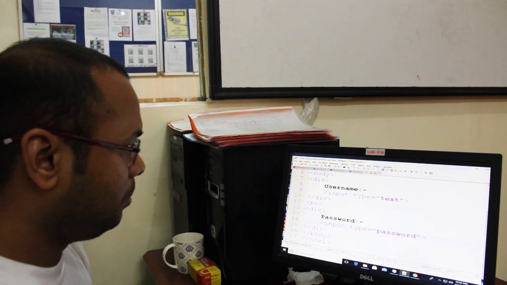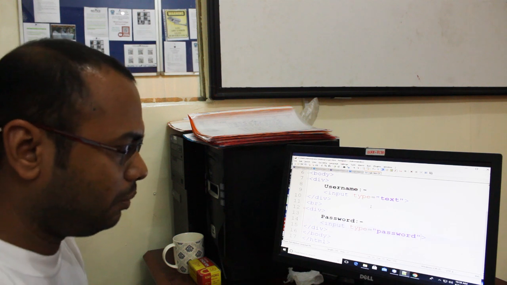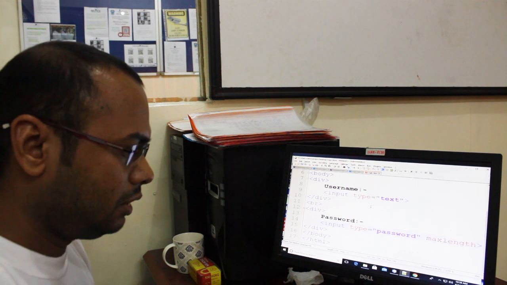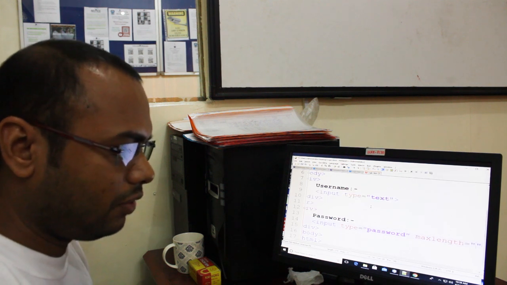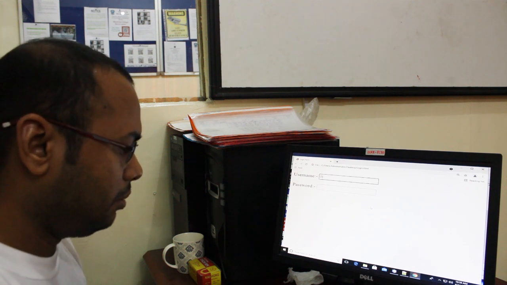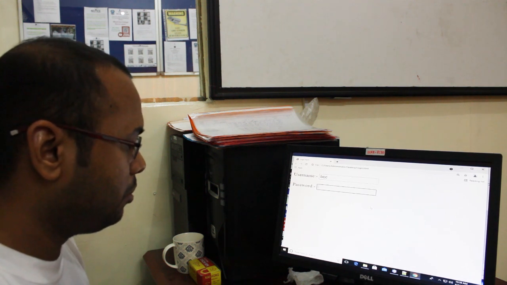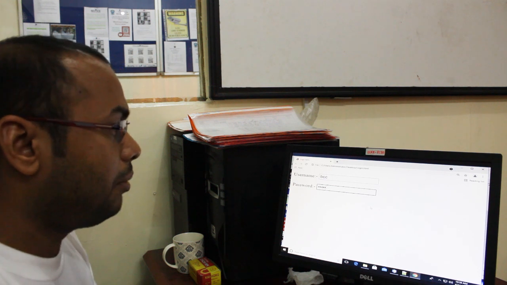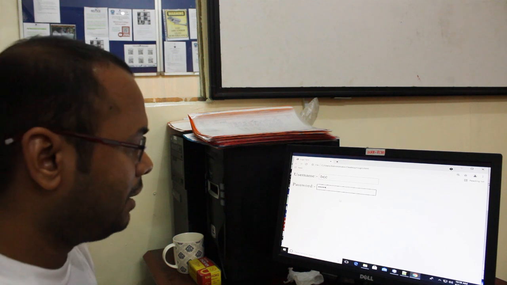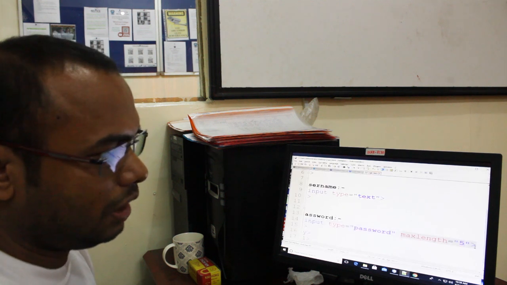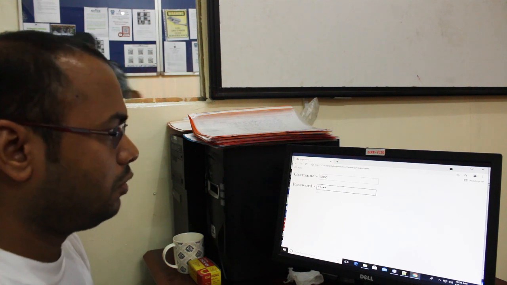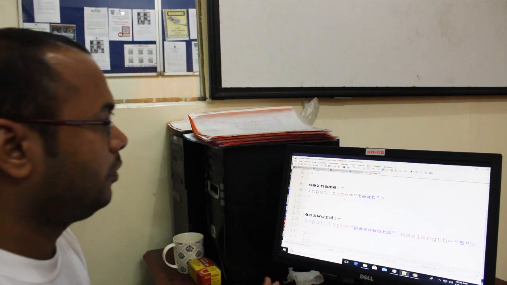Okay guys, so let me continue. Here's one property you can use, maxlength. Maximum length equals to, like I've given, 5. Save it, go back. F5 again, like BCC my username and password, I'm putting 1 2 3 4 5. I'm trying to put another one. As you can see, you cannot enter. Why? Because I already validated here. As you can see, I'm using the maxlength property for this. So the user can enter only 5 digits, because your form is already validated for now.